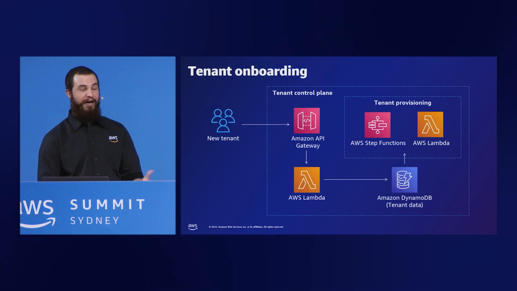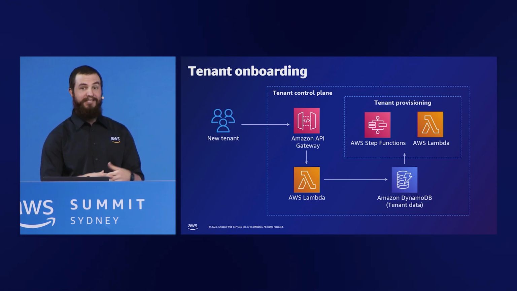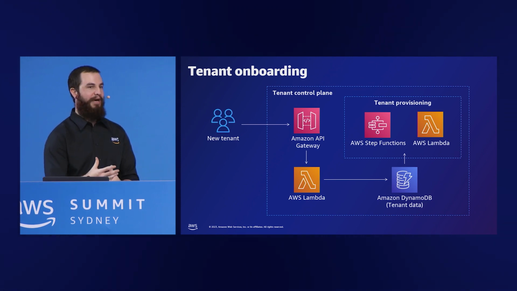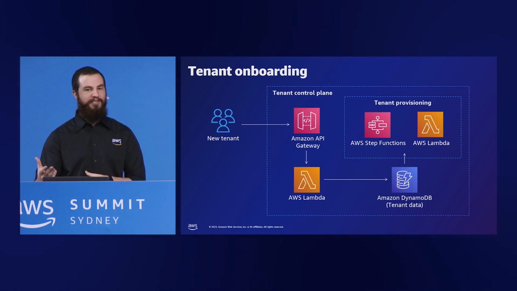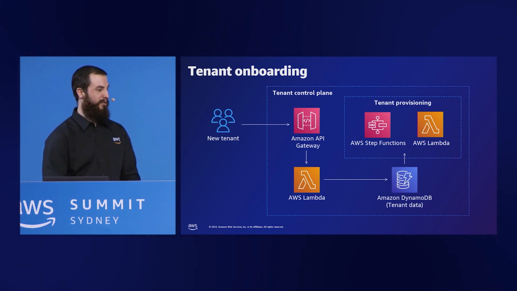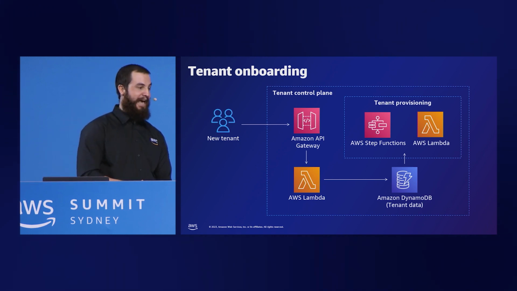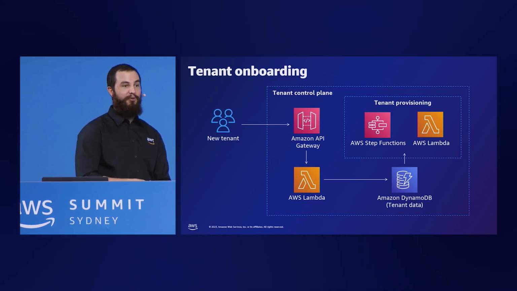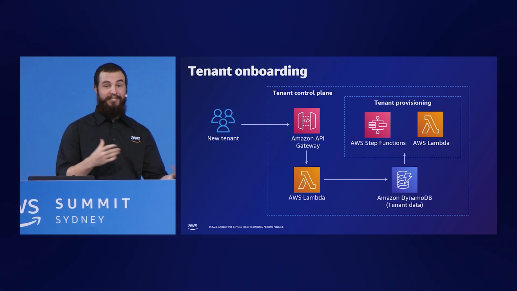The next section of our architecture is the tenant onboarding. So this is our tenant control plane, and this is the brains of the architecture. It will manage our tenant lifecycle. So when new tenancies need to be created, updated, or deleted, it all happens within this part of the architecture. Our front door for this is an Amazon API Gateway, so everything is driven through this gateway. We'll have a bunch of Lambda functions that hang off that API Gateway